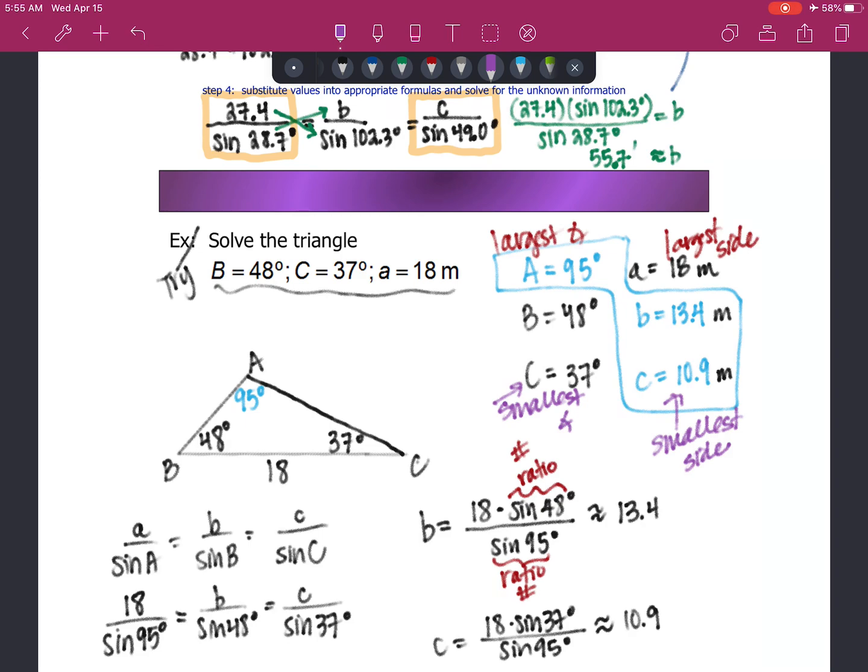So hopefully these two examples, an example and a try, has helped you, maybe given you some confidence that, hey, I'm ready for the ambiguous case of the law of sines. It sounds sketchy there, but it is. It's ambiguous. It's an ambiguous case of the law of sines, and it happens all the time. Not all the time. In a certain situation, it happens all the time. And I'm going to tell you what that certain situation